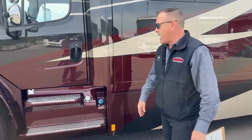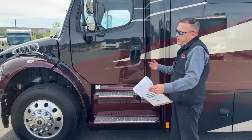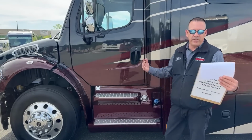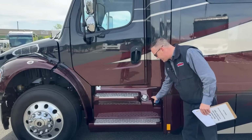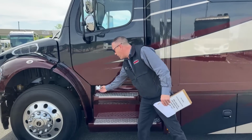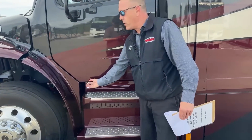Now this is the driver's side. This is the other side of the 100-gallon fuel tank. You fill them, they will pass through. You can fill it up from one side. It takes a while. It's a little easier from both sides. We do have a DEF tank on this guy, and this is where you put your DEF fluid in there. We also are equipped with a nice little block heater. If you're going to run this or start it on cold mornings, you can always plug that in and keep